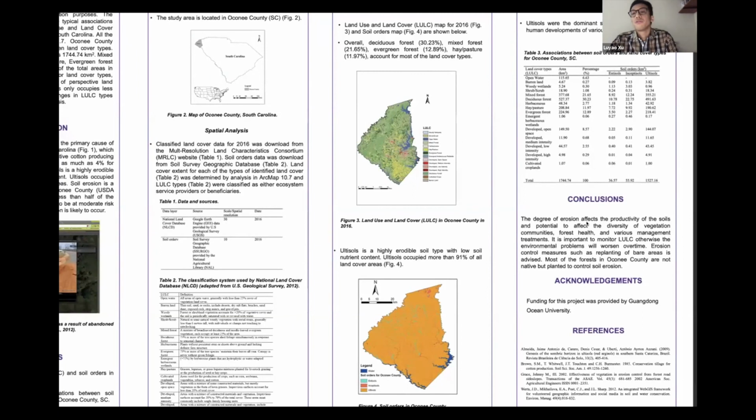So the degree of erosion affects the productivity of the soil and has the potential to affect the diversity of vegetation communities, forest health, and weed management. It is important for managers to monitor land cover type. Otherwise, the environmental problems will worsen over time. And erosion control measures such as replanting of barren areas are advised, and we can plant more forests to control soil erosion,